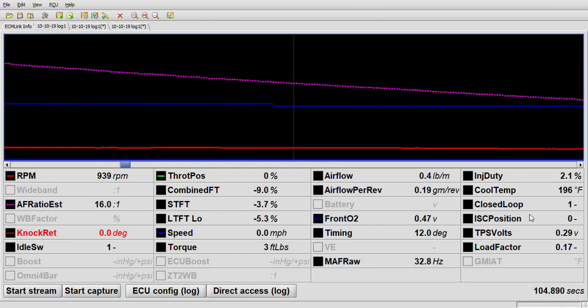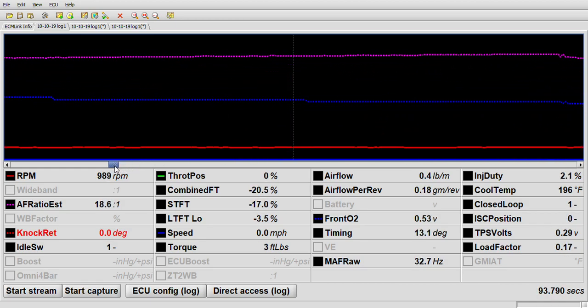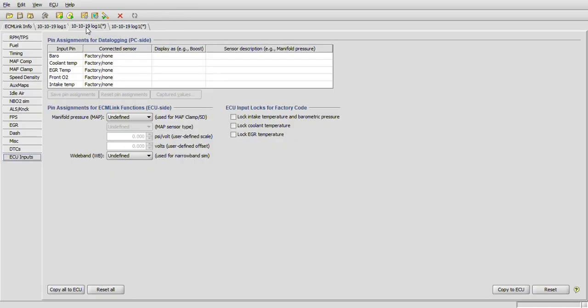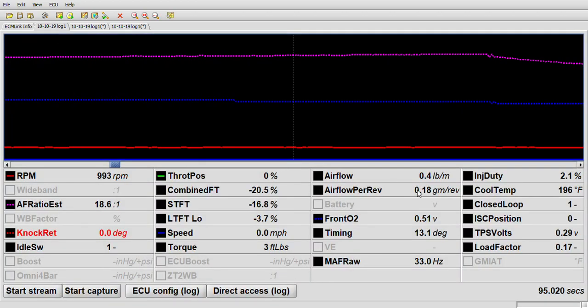ISC position, I got it down to 0, so I'm just assuming that the bisque screw is possibly backed out too far. I did notice earlier his idle RPMs are close to 1,000. When we look at our RPM tab in ECMLink, he's targeting 750, but he's idling high. So it's telling me he's got his bisque screw backed out too much. Granted, I can't account for boost leaks or anything like that because I'm not there at the car. But if everything is checking out okay, he probably just needs to turn the bisque screw in a little bit